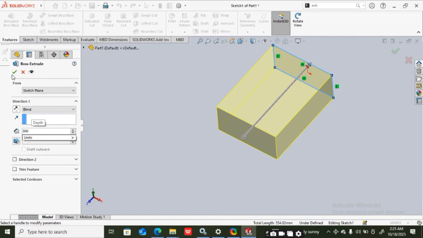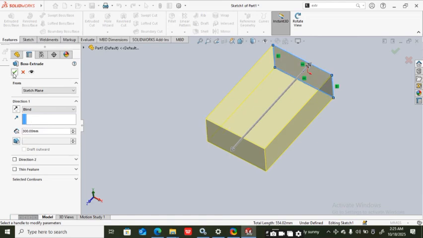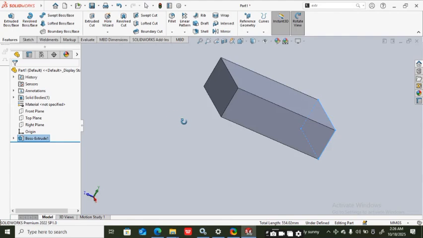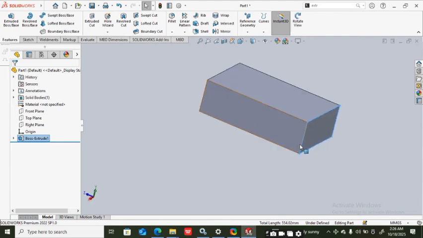Once you are done, you click here, you click this, you check this place, and then you click it again, and then this is actually your 3D model. Now we begin by drawing a rectangle, and now it's being converted into a 3D model. So mind you, from what I told you about